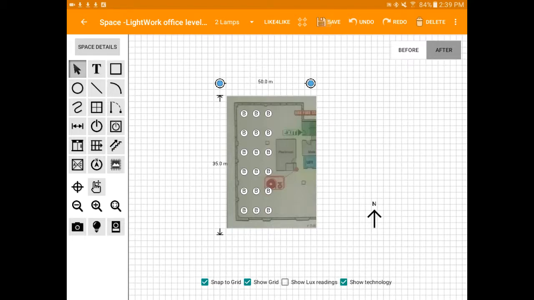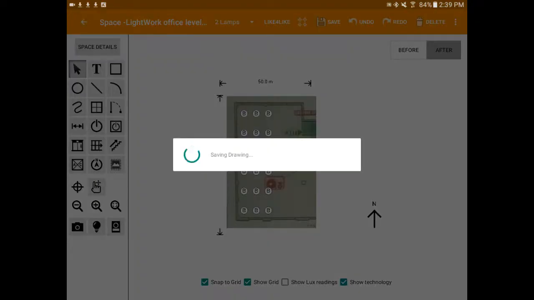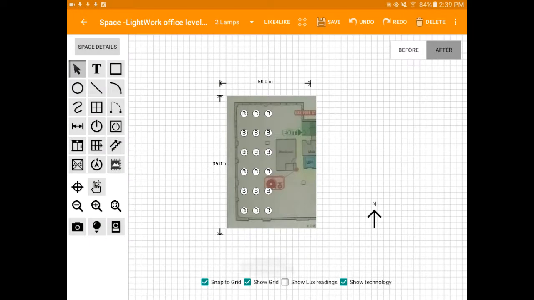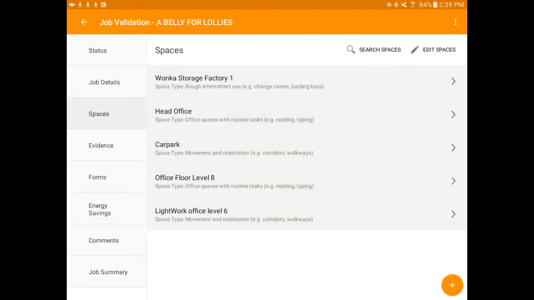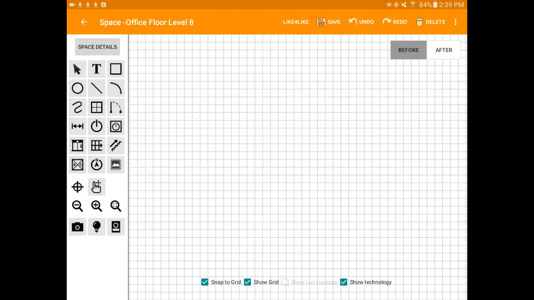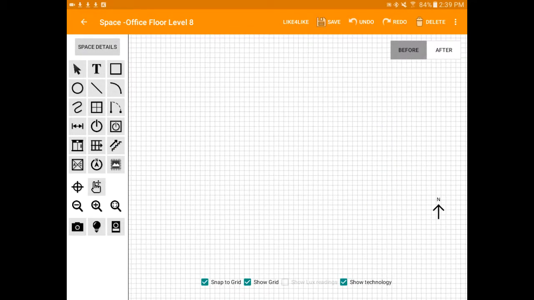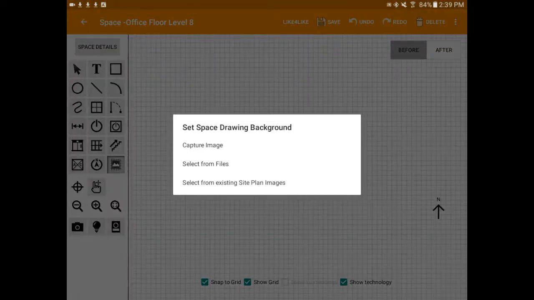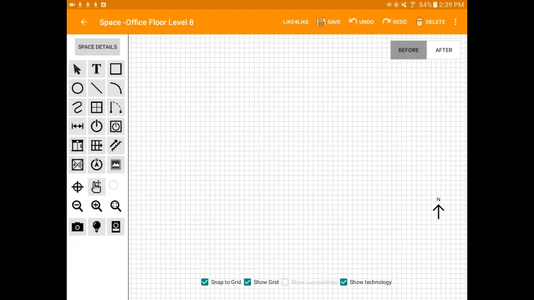Now what I'll do is I'll save this and show you the second way that you can upload an existing floor plan. So obviously some places, depending on what type of upgrade you're doing, have the floor plan on the wall, the fire escape, so you can always use that with the camera. Otherwise, if there's an existing floor plan with a PDF file, for example, you can also upload that. So if I click on the same image just over here, the one that looks like a little mountain, click